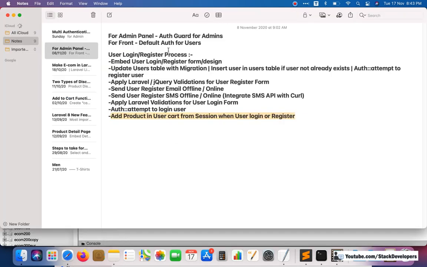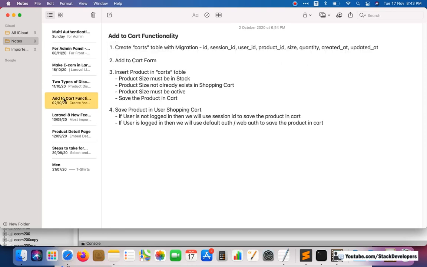In add to cart functionality, here I have the comment: save product in user shopping cart. If user is not logged in, then we will use session id to save the product in cart. If user is logged in, then we will use default auth web auth to save the product in cart.